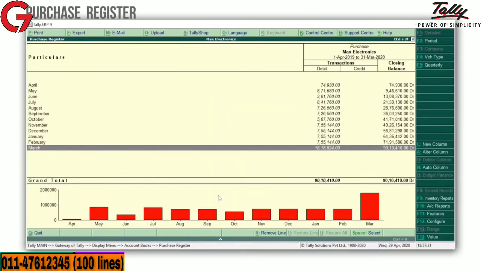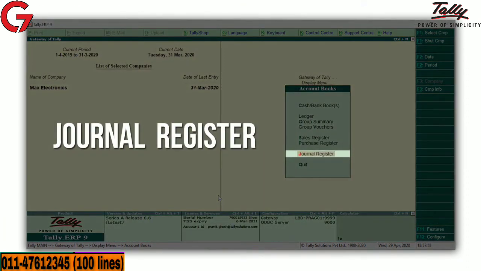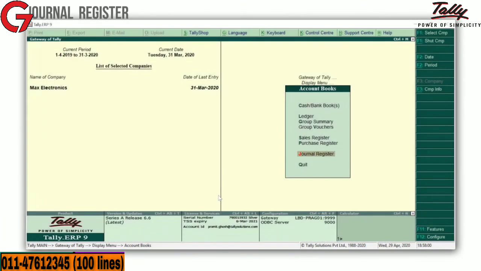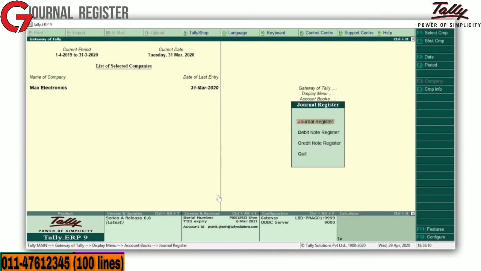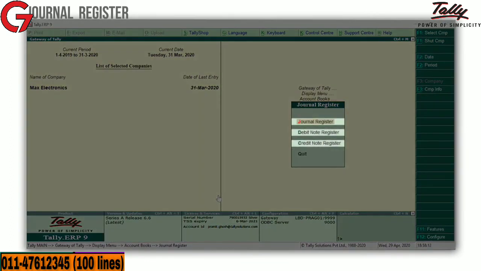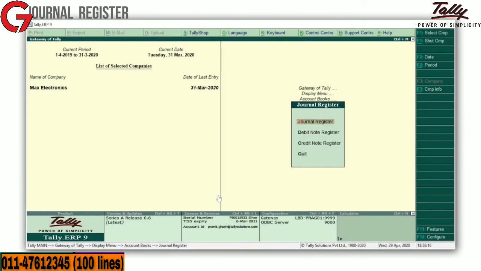The purchase register displays details of all purchases recorded. You can view all the details as we saw in the sales register. Now press Escape to see the journal register. Using the journal register, you can see the voucher register of journals, credit notes and debit notes recorded in the books. Press J for journal register. These registers are pretty much like the sales register. Each of these registers is designed with options to aid you in analyzing and making quick business decisions.